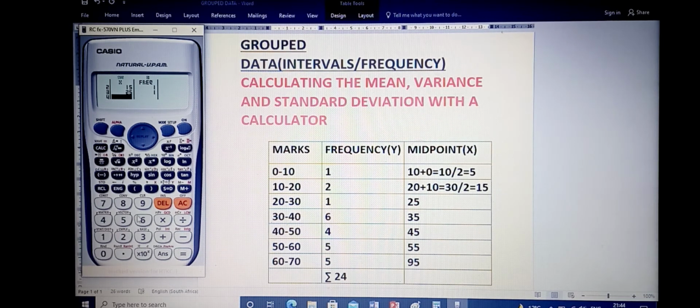Then I have 35, okay, equals. Then 45 equals, and then 55, and then again equal to, and then I have 95 equals. Right, so now after I've done with that, I need to go and fill in my frequency